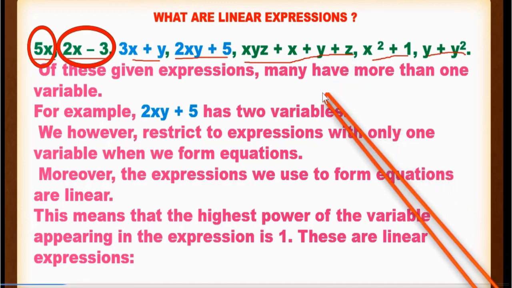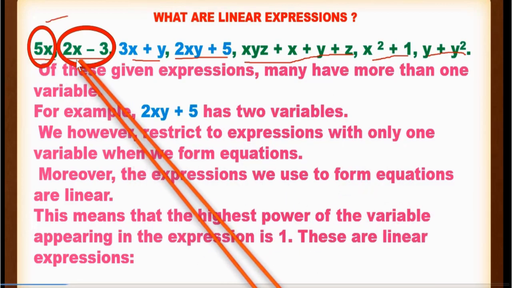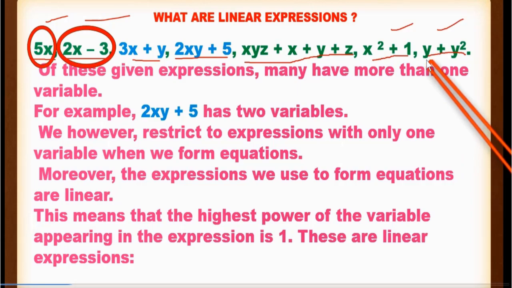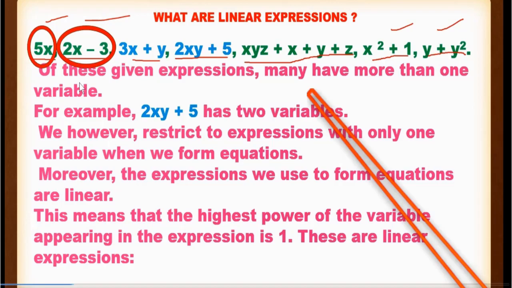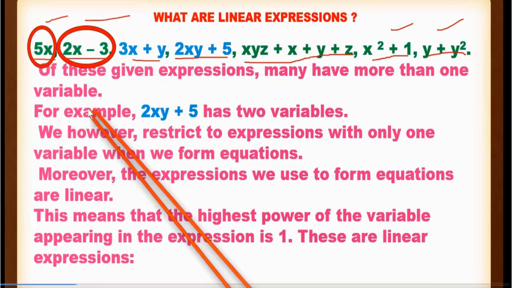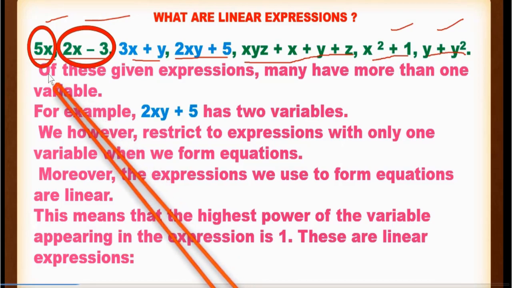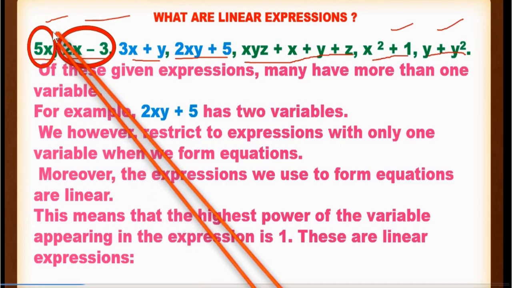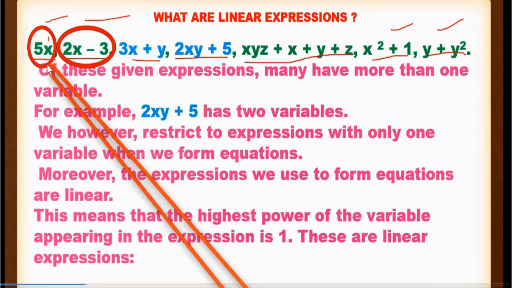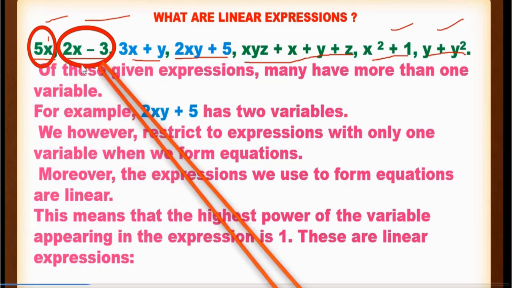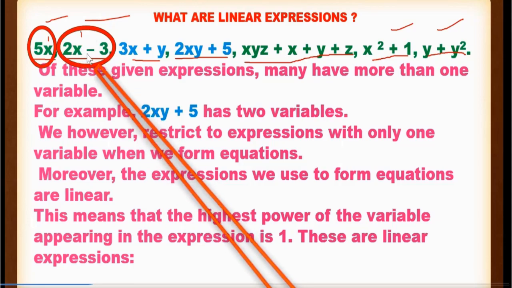We saw four examples of expressions with a single variable. Now let us discuss the similarity and difference between these four expressions. In 5x, the highest power of the variable x is 1. Hence, the degree of the expression 5x is 1. Similarly, in 2x minus 3, the degree is 1 because the highest power of